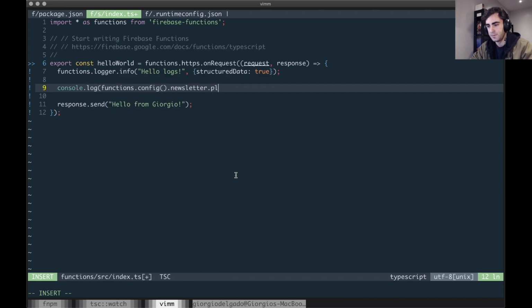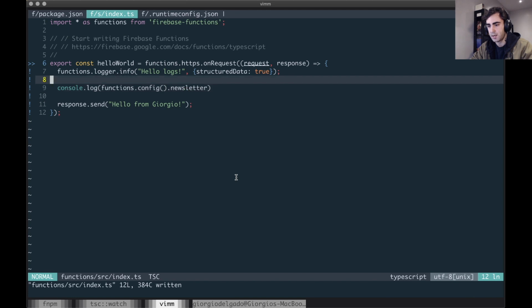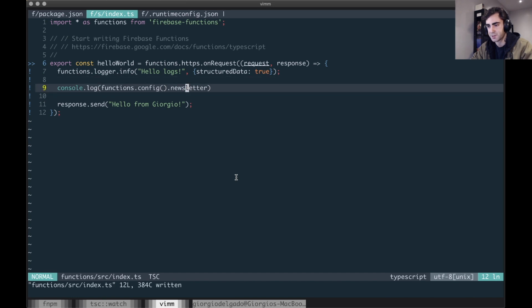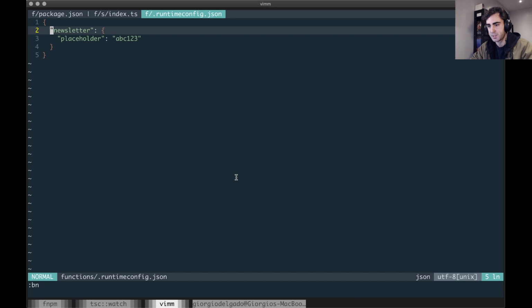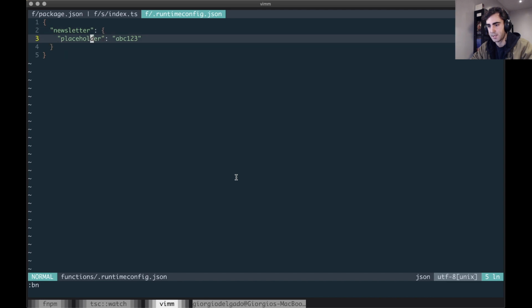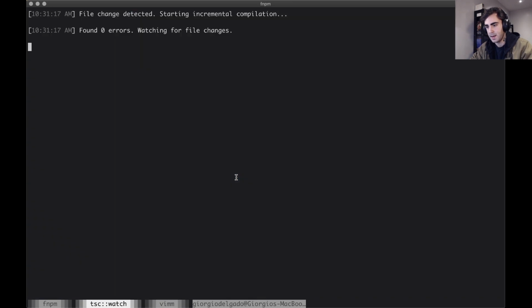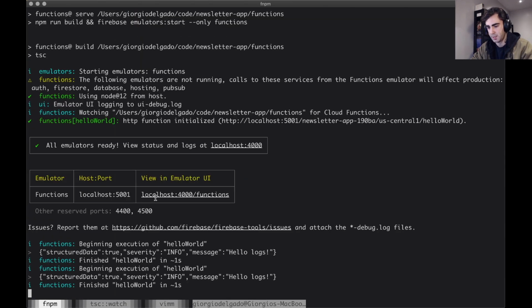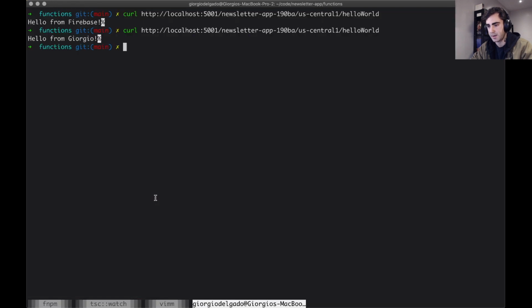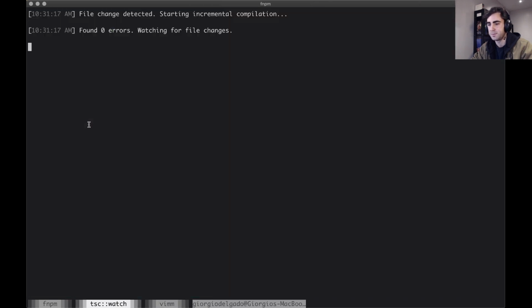So I'm going to do that, and I'm printing out the whole object for the newsletter service. It should print out an object with placeholder as the key and ABC123 as the value. We have watch mode running, so I shouldn't even need to do anything. It should just work. If I go over here and call my endpoint, we're going to see that we got the hello from Giorgio output, which is the expected behavior,